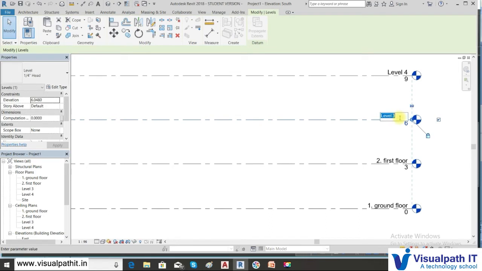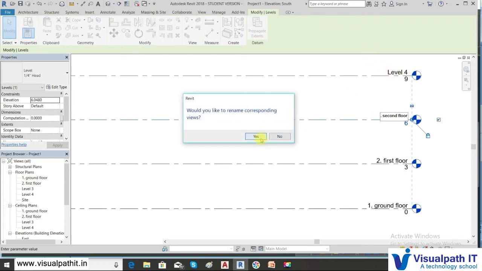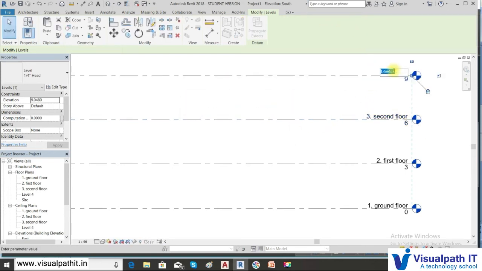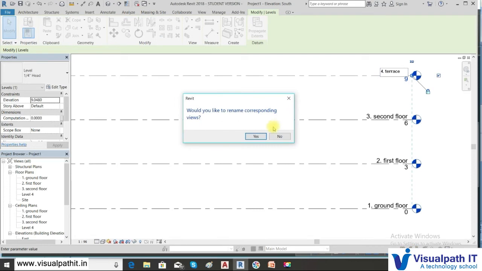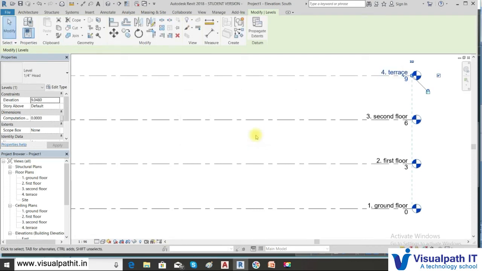We will say 3 dot second floor, and let this be the terrace level. So we'll say 4 dot TERRACE. Once you complete this, our next stage would be to import the AutoCAD plan.